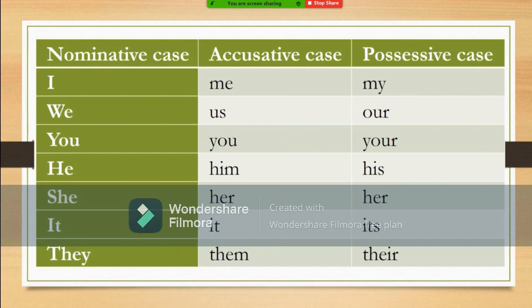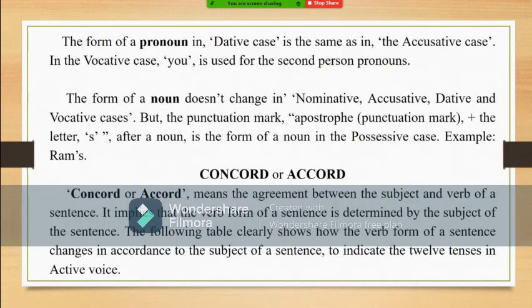There are 7 pronouns, first person, second person and third person singular and plural pronouns. And these pronouns are tabulated here, and each type has its own nominative case form, accusative case form and possessive case form. And the next one is we have to know about nouns. So far we had seen only pronouns. And in the noun, it won't change in 4 cases. When it is used as a subject or object or indirect object, or when it is used to call somebody, there is no change. The same noun will be there. Only in the possessive case, after the noun, you have to put an apostrophe mark and the letter S. That is the possessive case form of a noun.